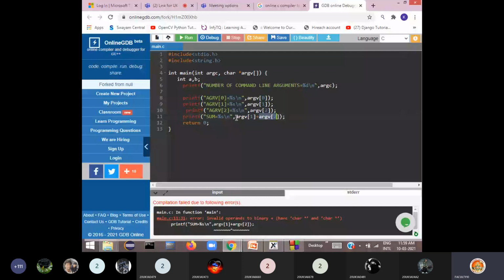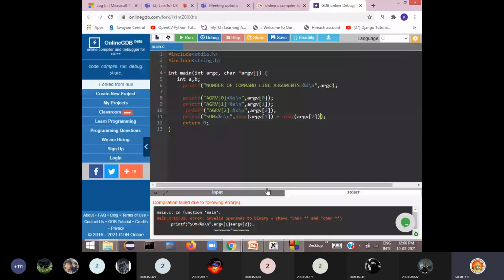So what you have to do to convert these two into numbers is use the atoi function: atoi of argv of 1 plus atoi of argv of 2. Then they will be converted into numbers and taken there.